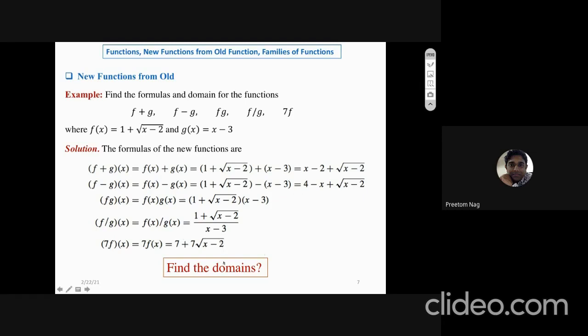এই ফাংশনগুলোর জন্য তোমার ডোমেইনটা বের করবে। So in some cases দেখা যাচ্ছে তুমি যদি সাম সাবট্রাকশন এন্ড এডিশন করো, domain is not changing for these two functions, but যখন তুমি প্রোডাক্ট করছো তখন আবার ডোমেইনটা চেঞ্জ হতে পারে। ওকে, in that case domain can be changed, আবার তুমি যখন ডিভিশন করছো তখন ডোমেইন চেঞ্জ হতে পারে। ওকে, সো এখানে যেমন ডোমেইনটা চেঞ্জ হয়ে যাচ্ছে, কেমন, x 2 থেকে ইনফিনিটি, কিন্তু x is not equal to 3 হতে পারবে না, কেমন? Okay, so you have to find out domain and range for this new function. এই ফাংশনগুলোর জন্য domain and range টা বের করবে, which has been asked here, find the domains. Okay, ঠিক আছে।